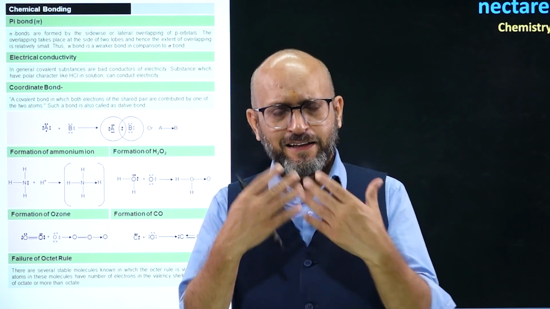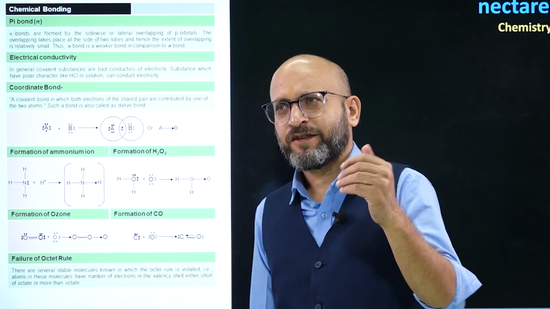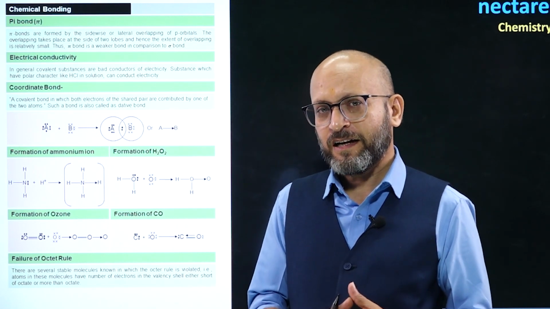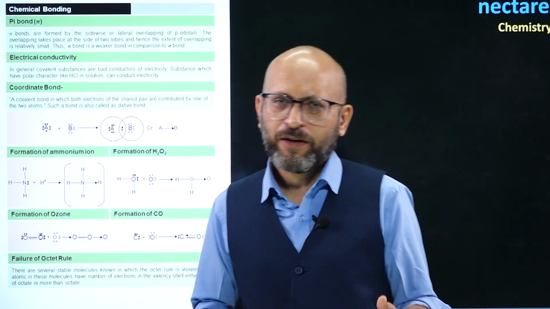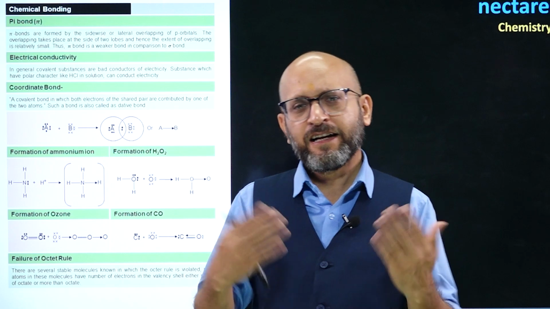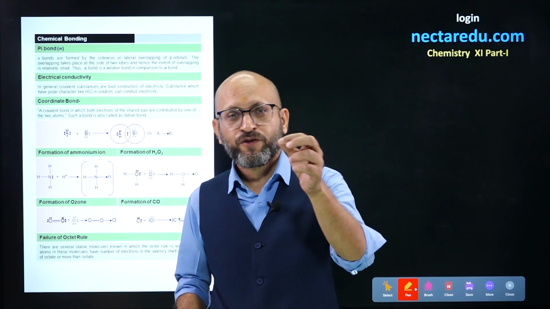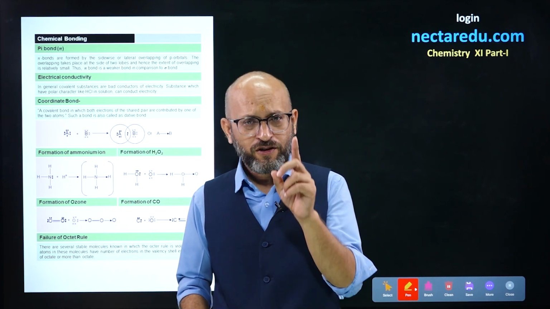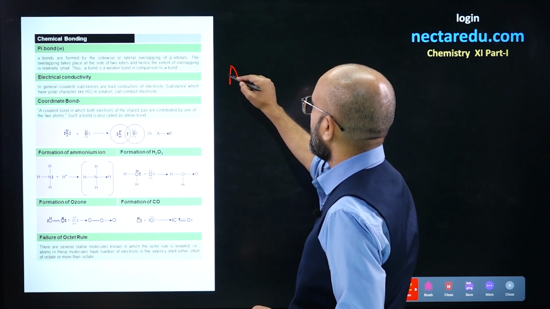And there is another aspect to this. In bonding, you will see the type of covalent bonds, as I explained, on the basis of overlap you have sigma and pi bonds, head-on overlap sigma and sideways pi. Similarly, on the basis of type of donation, there are two categories. One is covalent bond, normal covalent bond, in which, if there is a bond between A and B,